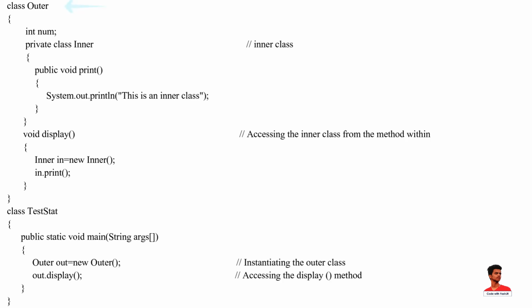Here you can see that outer is the outer class, inner is the inner class, and display is the method inside which we are instantiating the inner class. And this method is invoked from the main method. The output of this program is